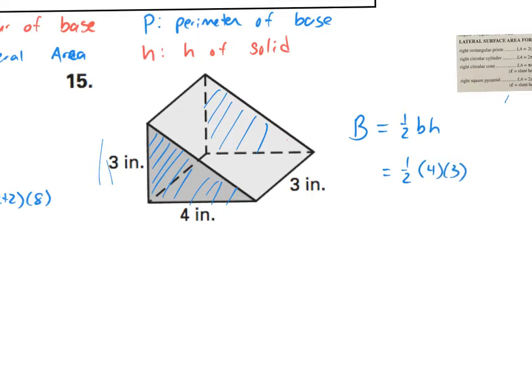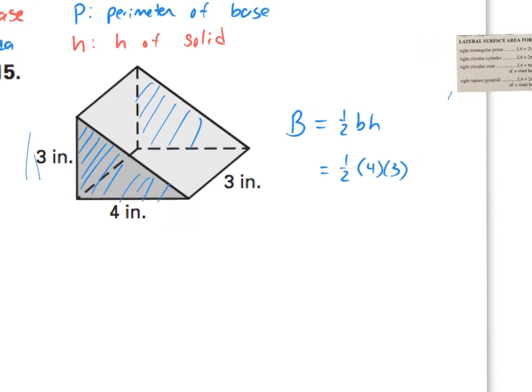So again, I apologize. When I say base versus base, they're small. One's a capital B, one's a lowercase b. All right, so now here, real quick, I see that I end up with 6 square inches for the area of the base. Now the lateral area